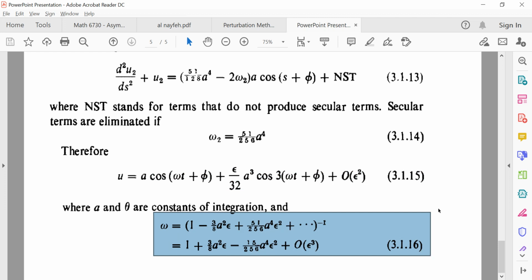So this is an illustration of the Lindstedt-Poincaré technique, in which you have to expand both t and the dependent variable u, and then you need to determine the coefficients appearing in u and in ω, so that you can remove the secular terms and the solution will take the form given in equation